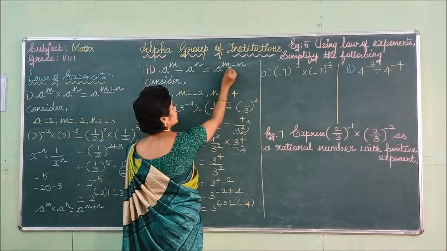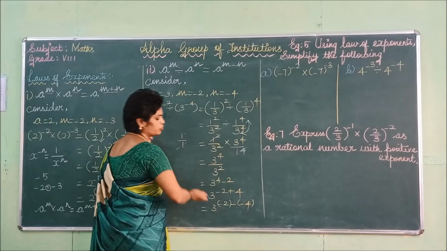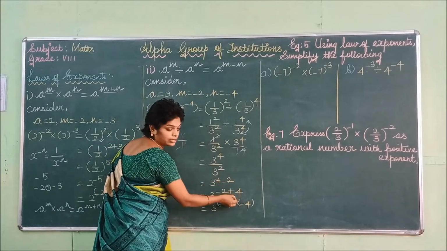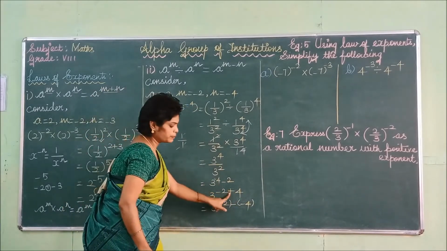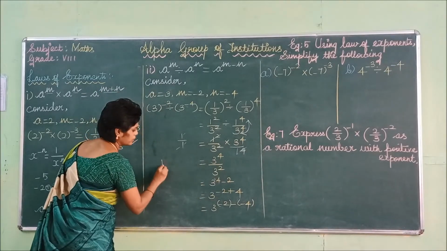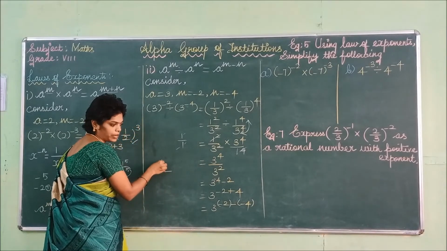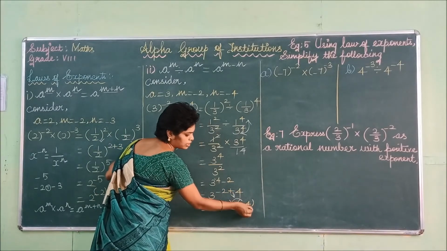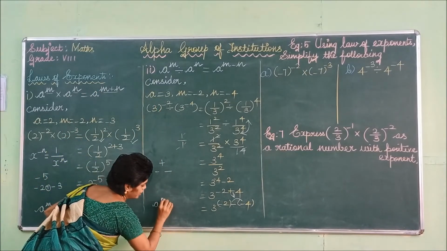You can write using this value. So m minus n you have to prove. What is our m? Minus 2. So you can change this two value. So minus 2, this is the positive value, so that will be taken second time. But the power is what here? Minus 4. So this plus 4, you have to change and write with the help of negative. So when this positive becomes negative, if it is minus into minus only, it becomes positive. So you can split and write the positive value. Minus into minus 4.